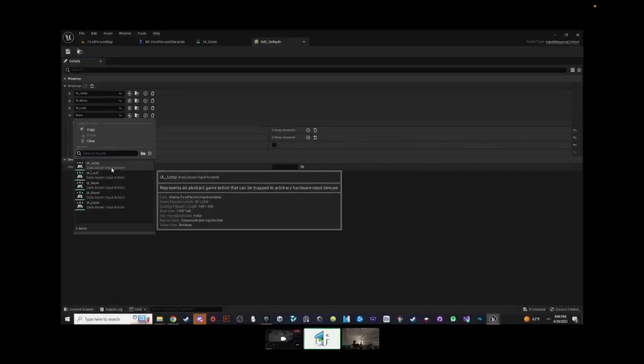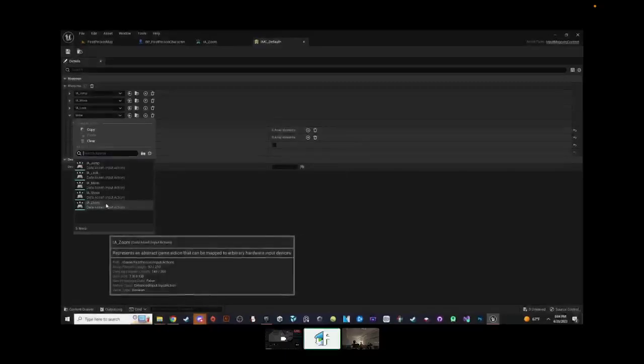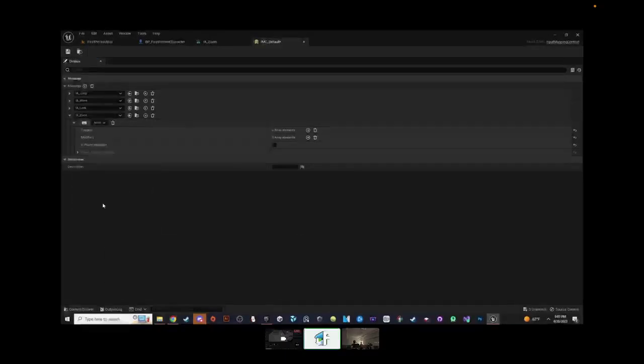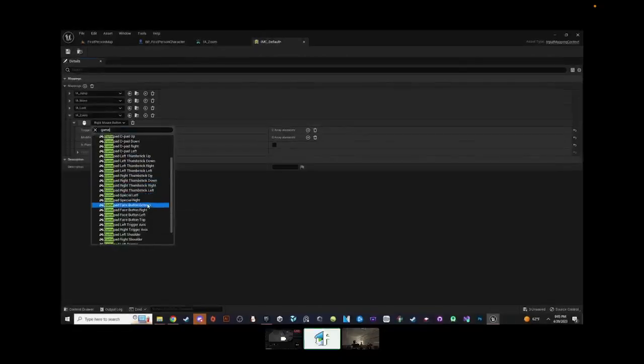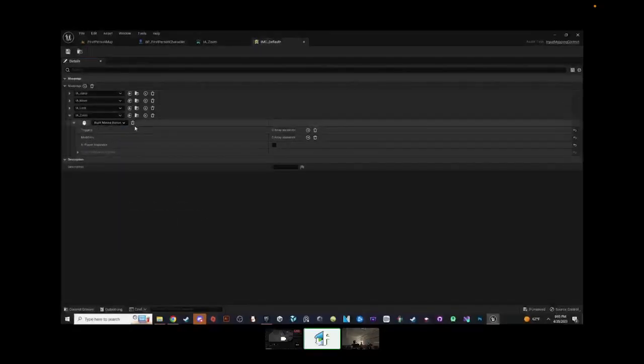And hey, look, it's jump. Oh wait, no, sorry, not jump. Zoom. Zoom is what we're trying to do. So let's click that, and then let's just make that right mouse button. Why not? So you can click that and press whatever button, or you can even search it as well, like gamepad, left mouse button, so you could do that as well if you want.